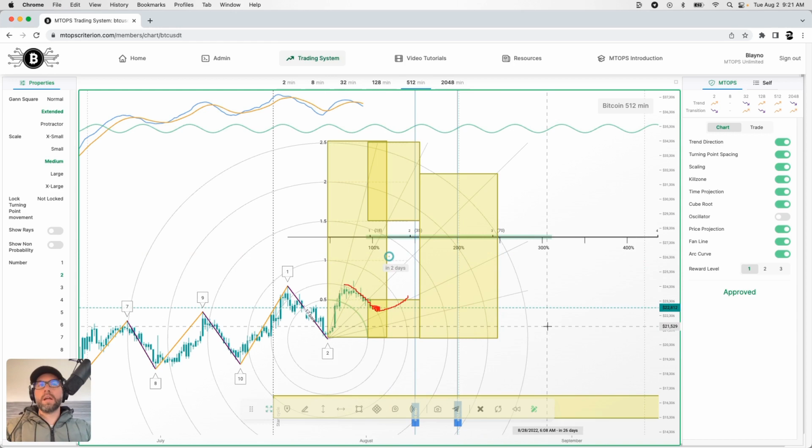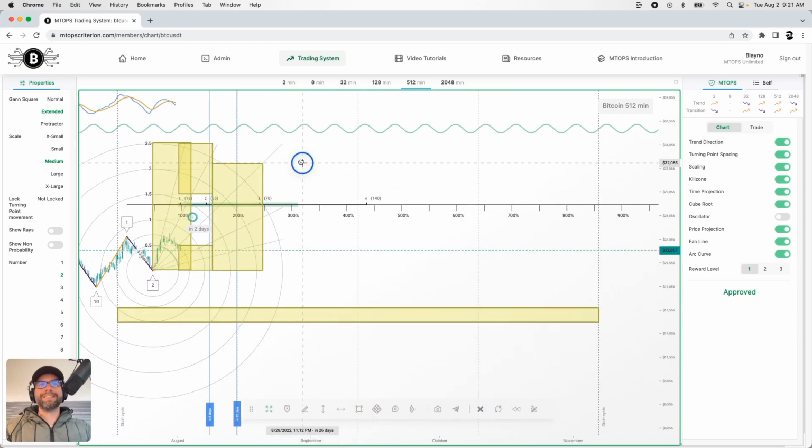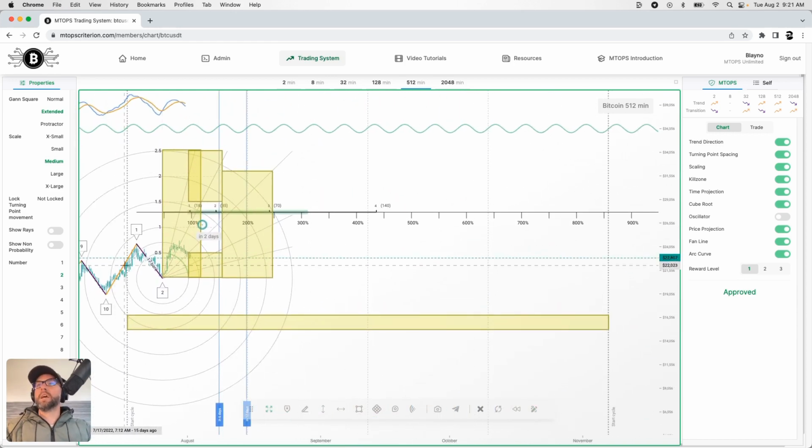The reason why I've got it as is not necessarily switching down is because there is a lot of room left in the cycle for price to move across in. Okay, so if it just turns into a turning point 3 now, then it's going to go down for a long time to get to turning point 4, because 4 would typically happen in quadrant 2. I'm gonna leave it like this for now, as I will on the higher frame, and see what happens over the next 2 days.